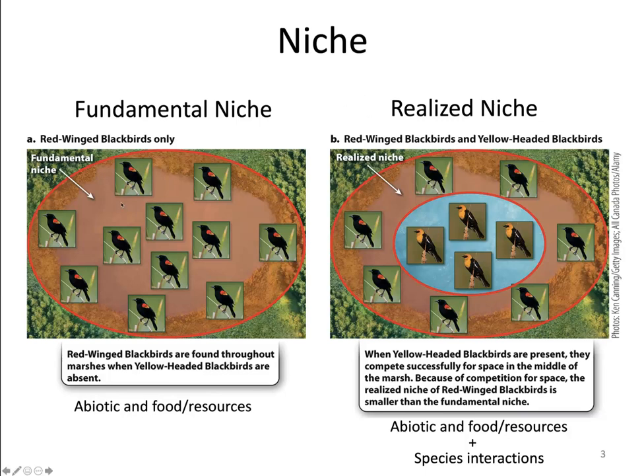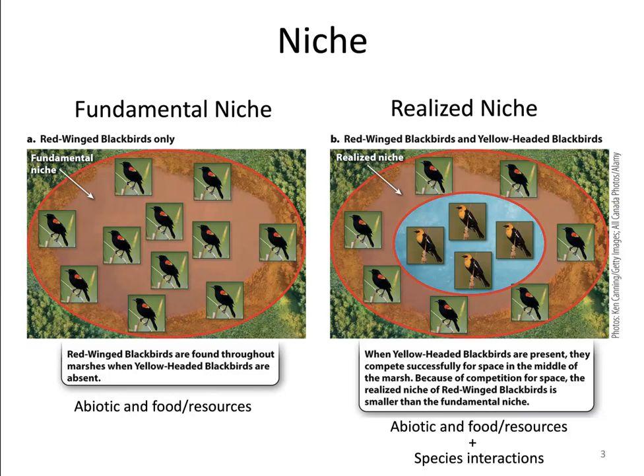So if we look at, for example, red-winged blackbirds, they tend to like pond and marshy areas, and you can't see it great, but behind here there's a marsh. And so this is the fundamental niche. This is the habitat type that a red-winged blackbird in this particular area can potentially occupy. However, the fundamental niche doesn't always